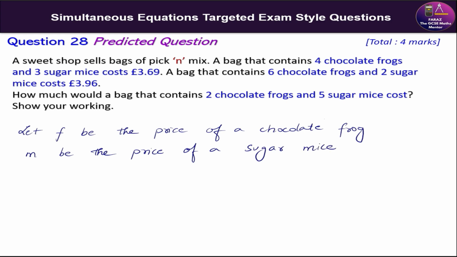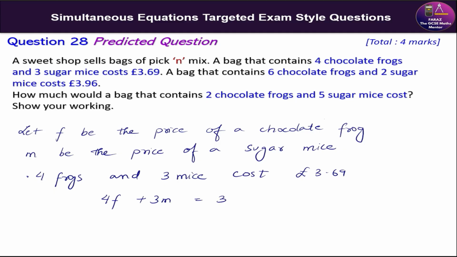So from the question, you can see 4 frogs and 3 mice cost 3.69 pounds. So 4F, 4 chocolate frogs and 3 mice, 3M equals 3.69, and